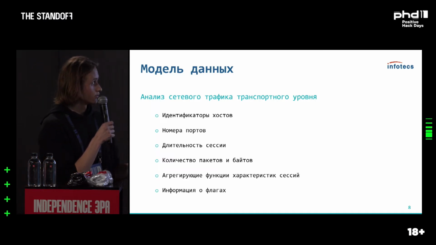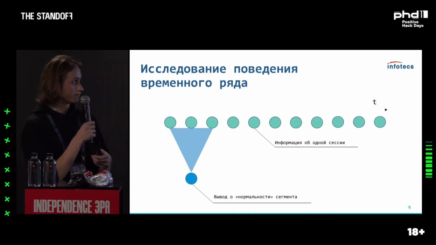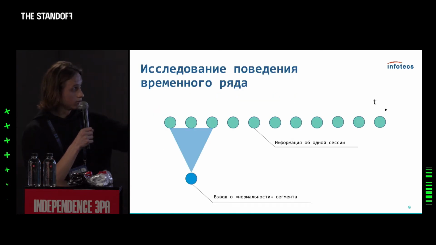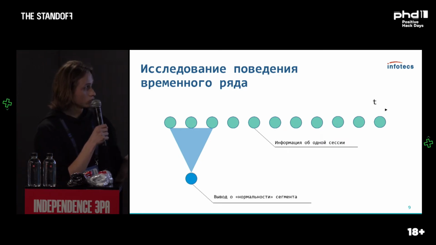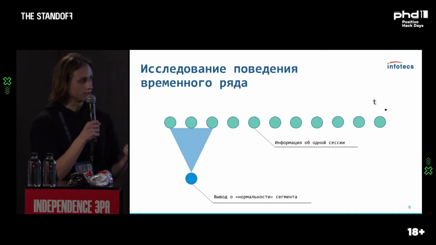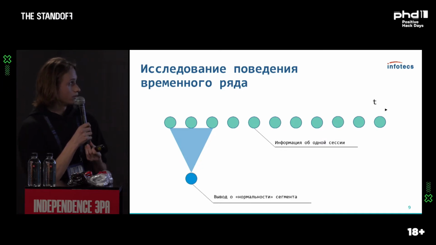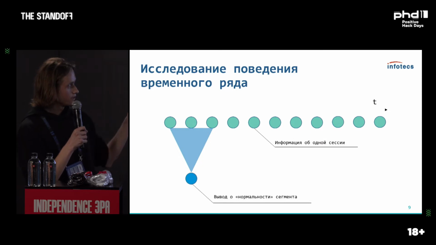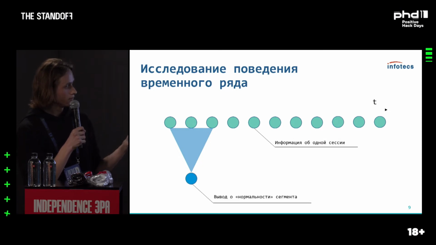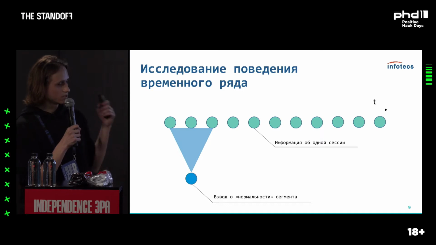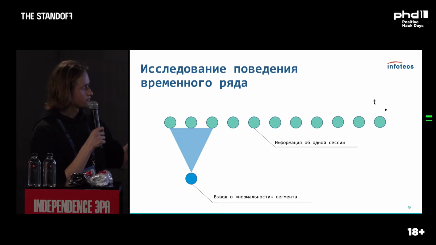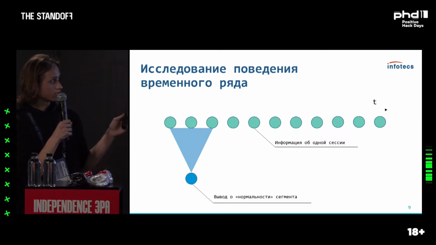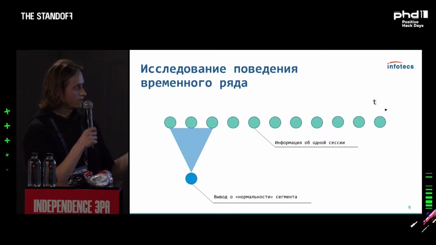take into account the sessions in time, and it will look approximately like this. We have the transport level session. Each session is a vector. Our model will be taking a look at a segment and make a decision whether it's a normal segment or not. Then this window will shift session by session, and the upcoming segment will be analyzed in terms of